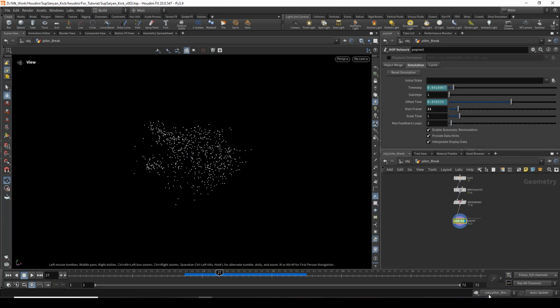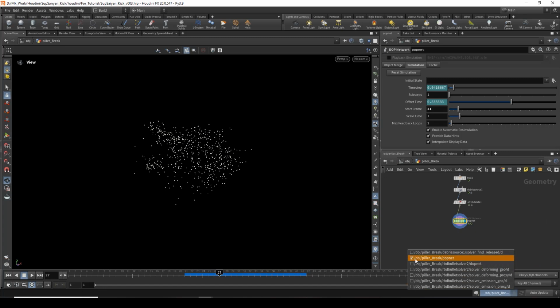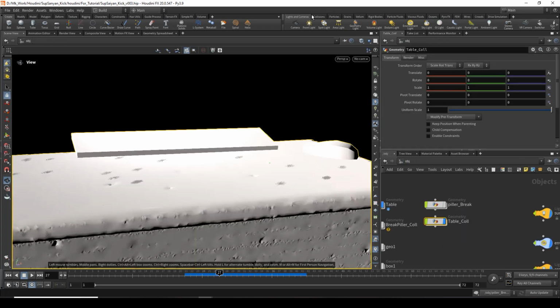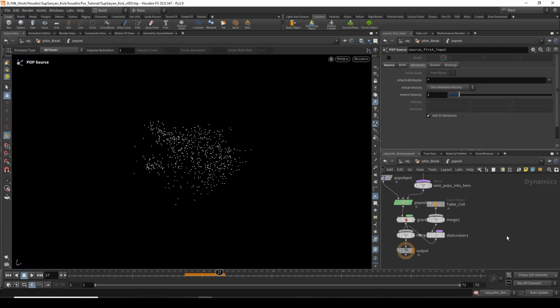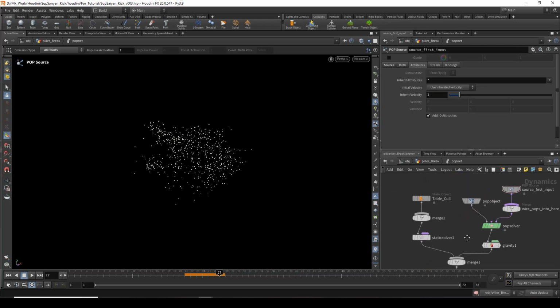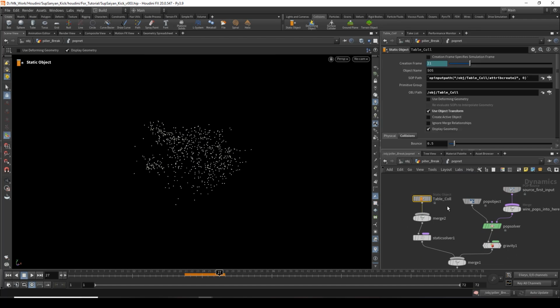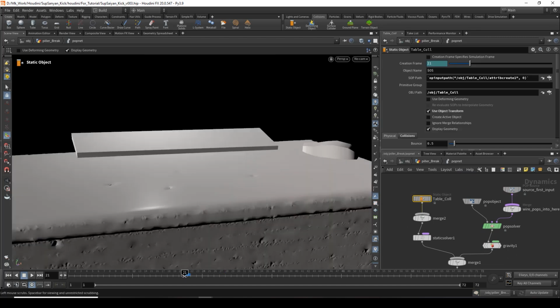Now I just have to recheck that it should be ticked on the popnet here, and just select it, and in the collision I'll take a static collision. And we can check our collision here. Our collision is coming,